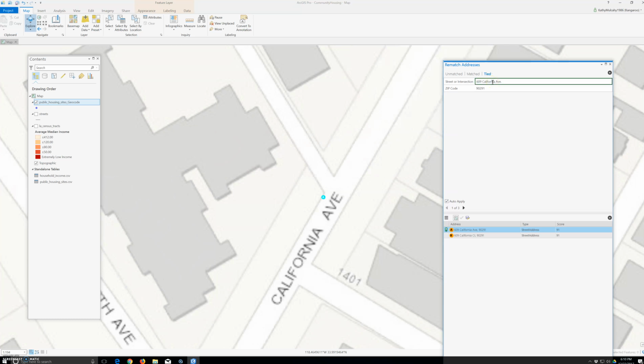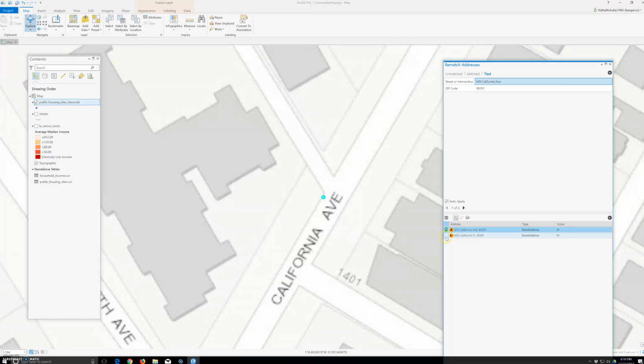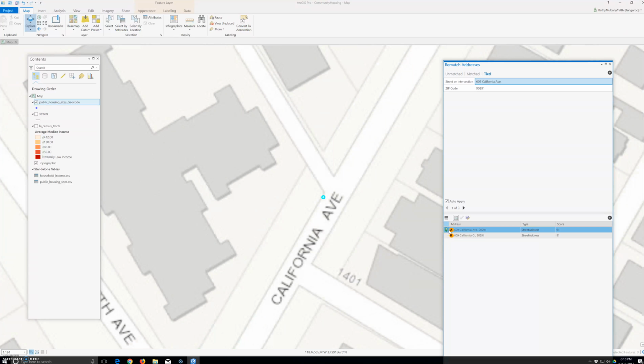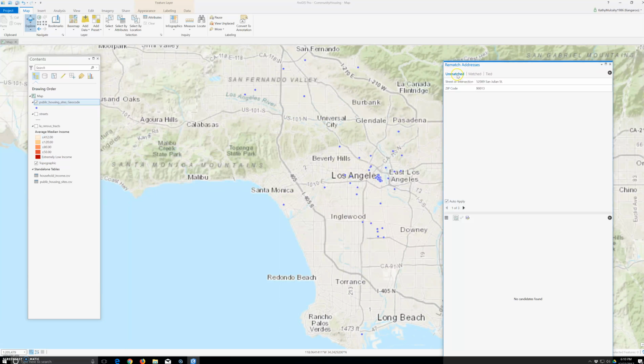This one we do have 91 B California Avenue. It's Avenue. Then this one is matched, tied. Alright, unmatched we have a 3. Unmatched we have a 3. Still